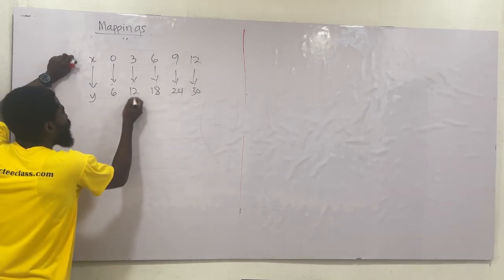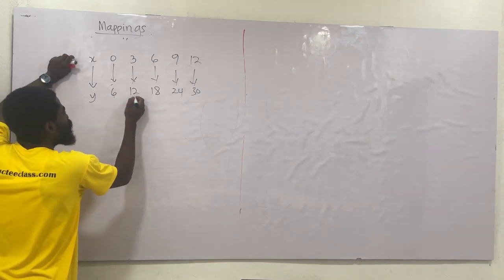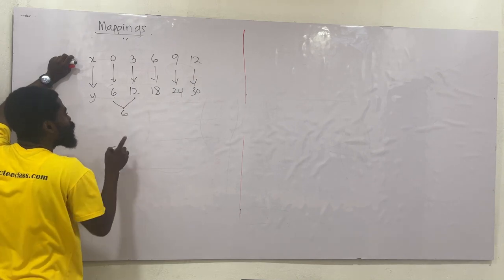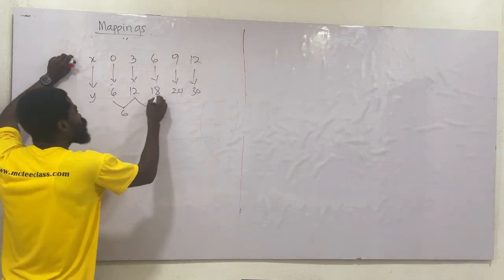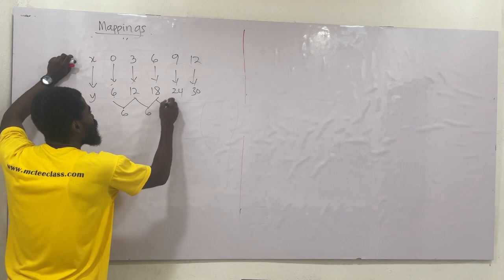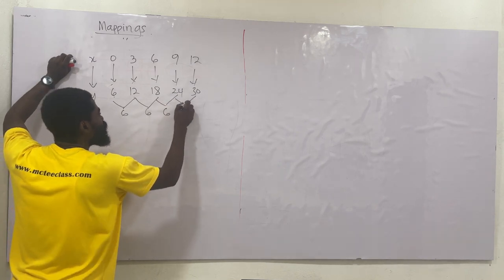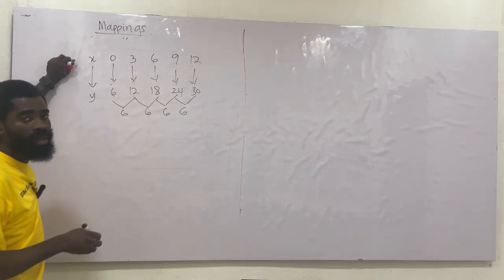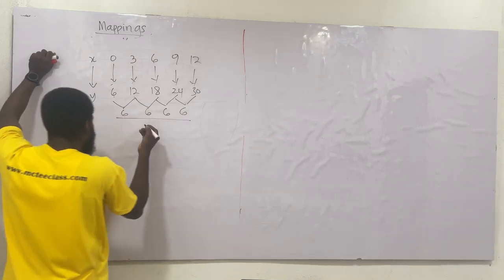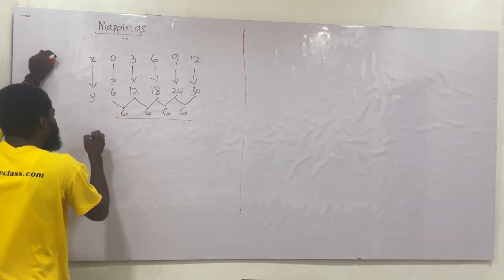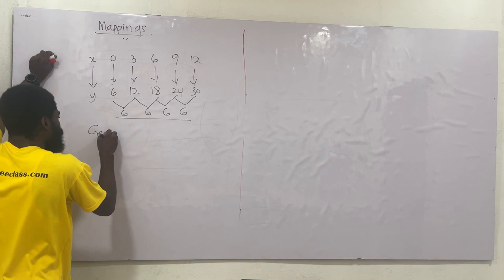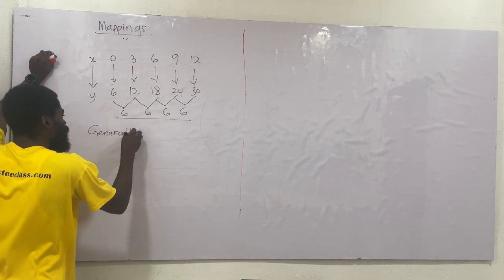We subtract this from that. So when I subtract 6 from 12, it gives me 6. Now we should get a common difference. I subtract 12 from 18, gives me 6. 18 from 24 gives me 6, and 24 from 30 also gives me 6. So that means the common difference here is 6, then I can say that, oh, it's linear. Since it's linear, then generally,